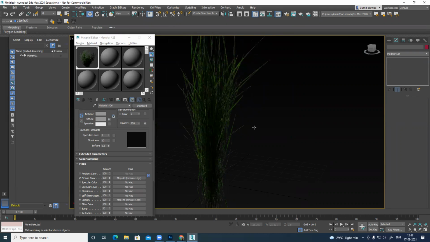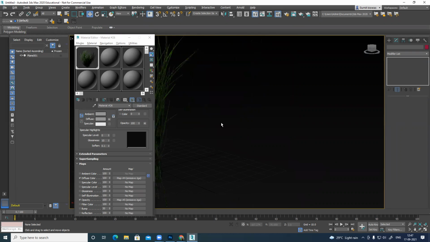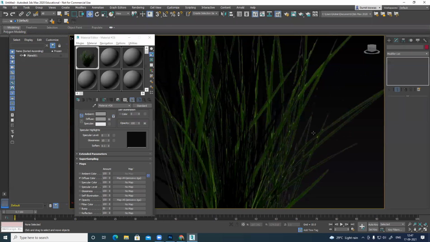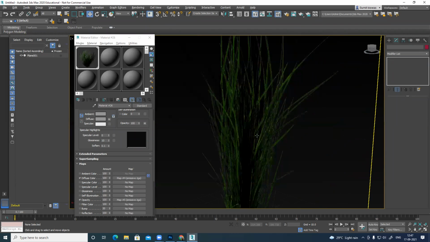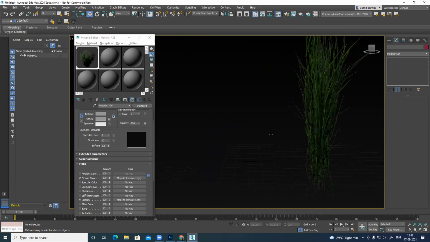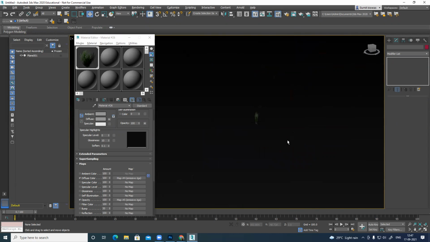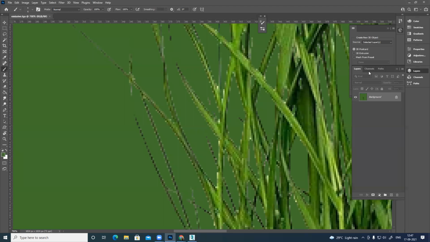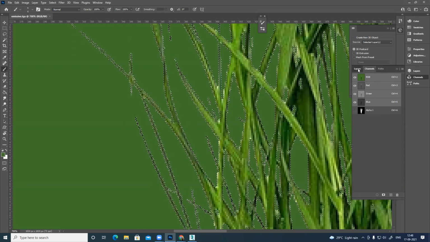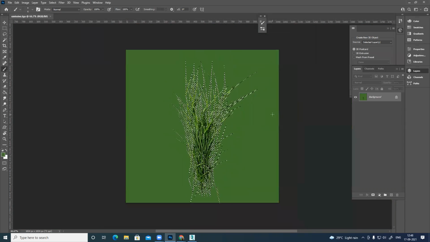Because all those leaves are really thin, if you remove even one pixel, you might lose the entire leaf. So just double check if it's still visible, right? If it's not visible, then I can use it directly. So you can see the entire grass. From a distance, if you rotate from any angle, you'll be able to see the grass. See, alpha is easy. I have seen people get confused a lot.